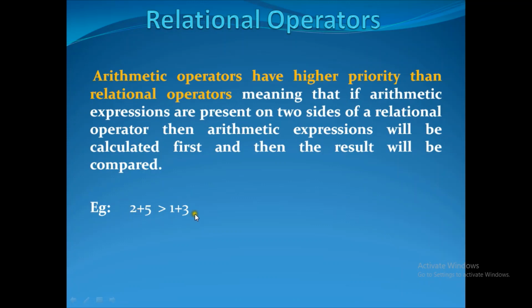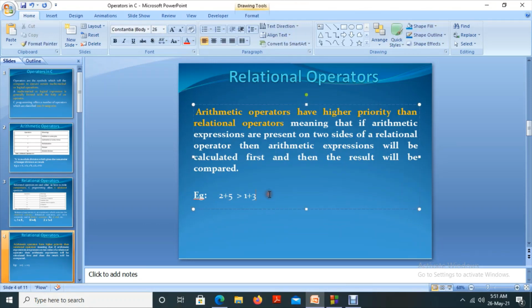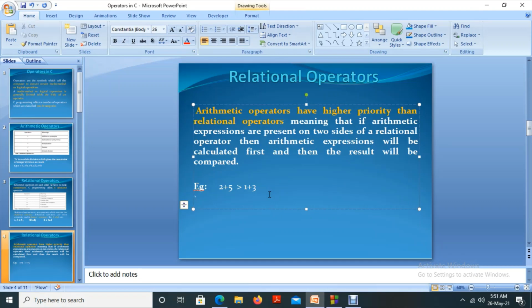So in the next step, what will I do? I will write it like this. 7, that is the next step, greater than 4. So the highest priority goes to the arithmetic operation, and then we perform the relational operation. Now we compare 7 greater than 4. Now it has a meaning. That is a general common sense statement for this slide. Hope you understand. Next.